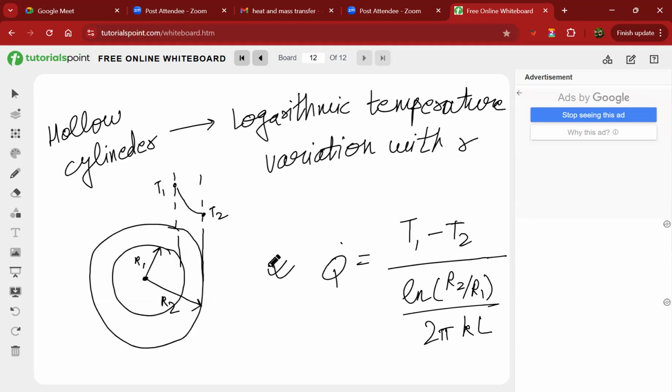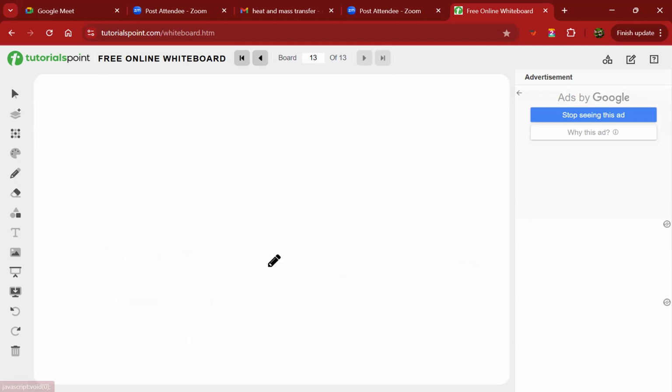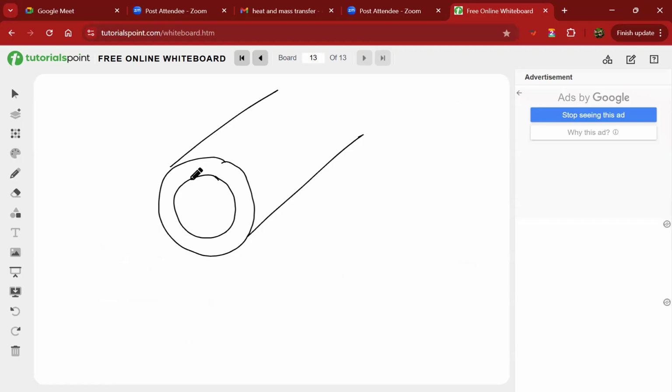Now there might be cases, like this one, that have been asked three times in GATE. Okay, look at this case carefully. Suppose some fluid is flowing along the axis of the cylinder, and this fluid is basically transferring heat to the inner wall of the cylinder via convection. And from the inner surface of the cylinder to the outer surface of the cylinder, the heat is getting transferred